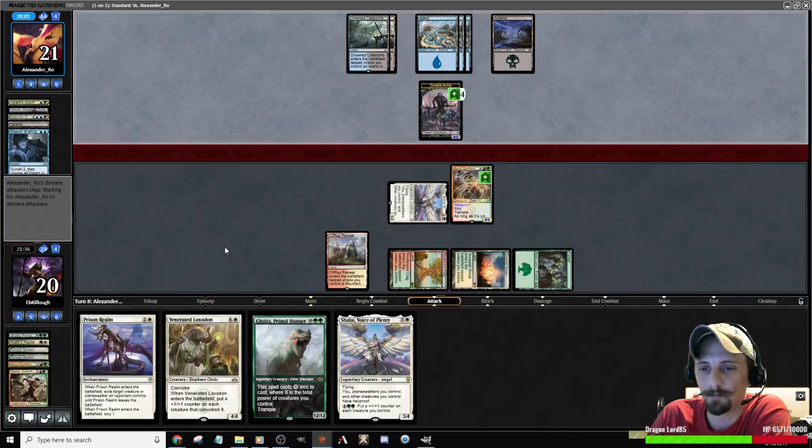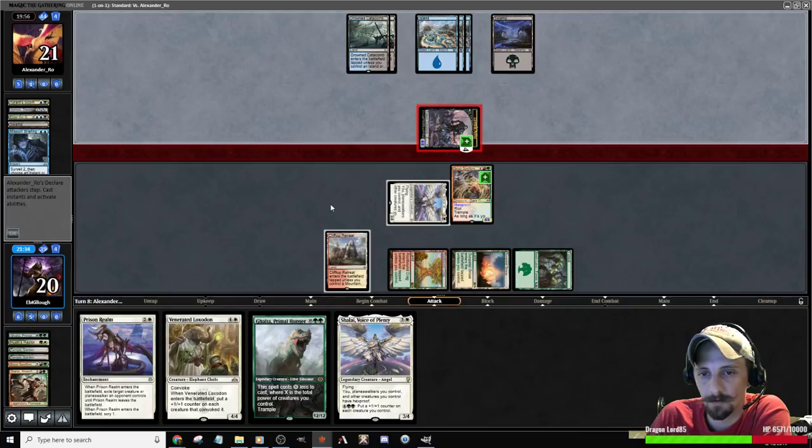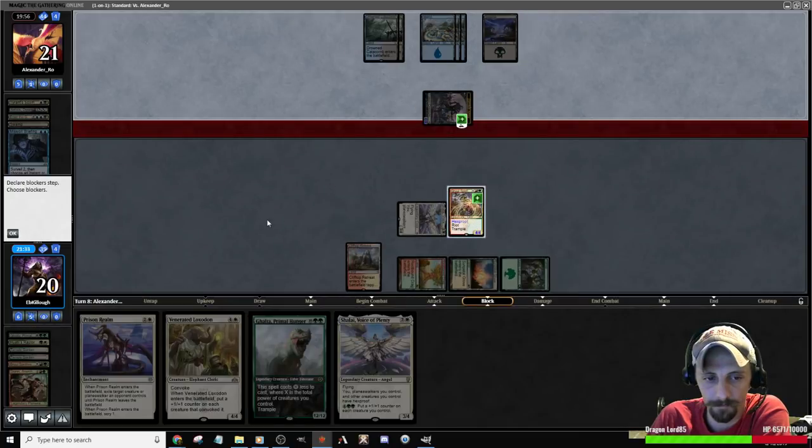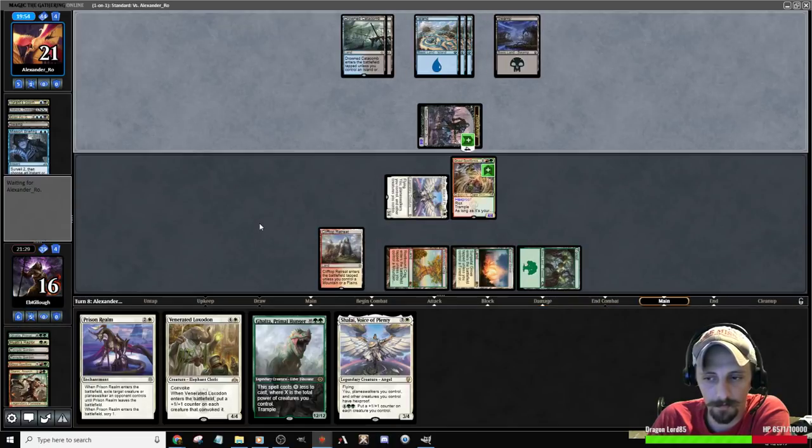Well, when they didn't cast Enter the God-Eternals last turn, they don't have it. You're right, they don't have it. I win this race. Pretty sure I win this race. Even with 12-12 we